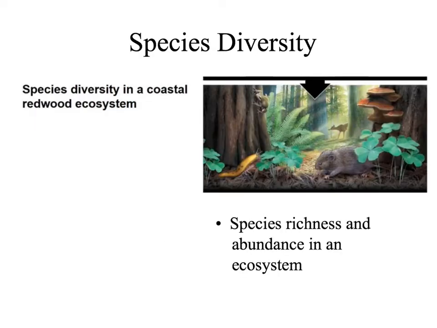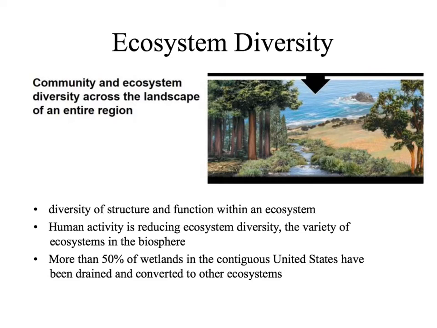Species diversity looks at the number of individual species found in a particular place. This is important because the more species there are, the more healthy the overall community will be. It is common that many species depend upon each other for interactions, and without one, the whole ecosystem and community may collapse. We also see diversity at an ecosystem level. Different ecosystems have different roles or functions.